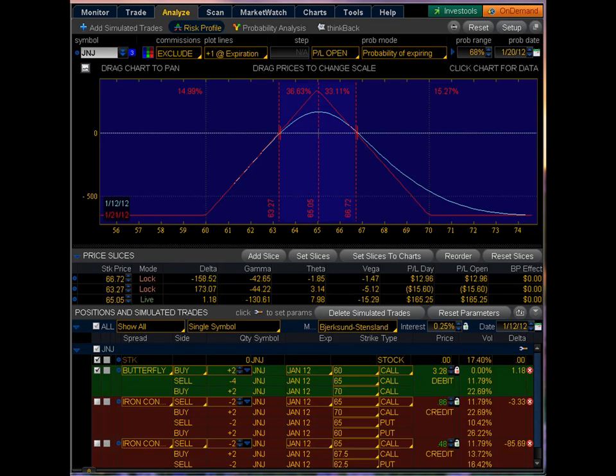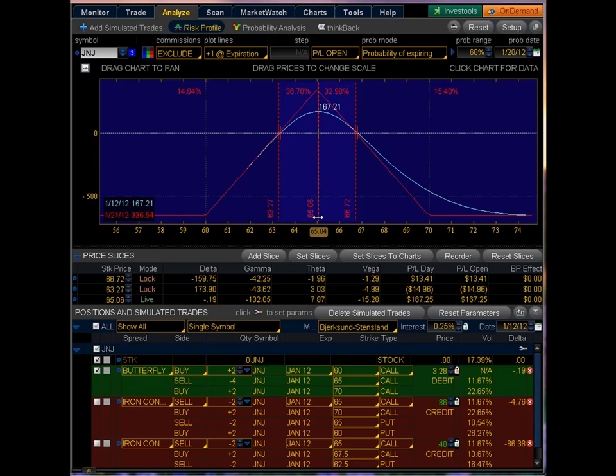This trade is currently over. We got out of this trade a couple days ago with a very nice profit. I think it was somewhere around 20%. A 20% gain on this trade. And if we had stayed in the trade, we would have made a little bit better than 20%. Because as you can see, this is